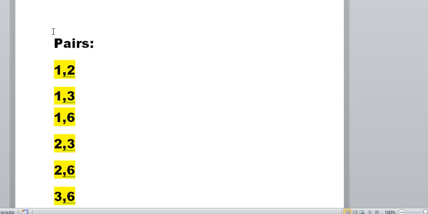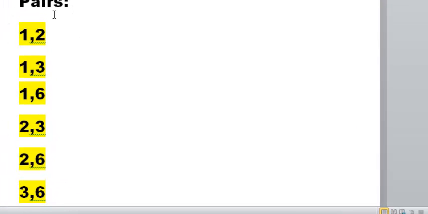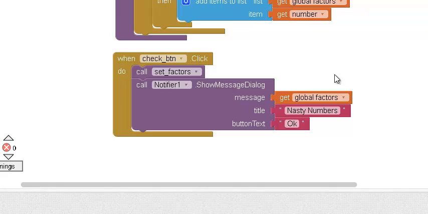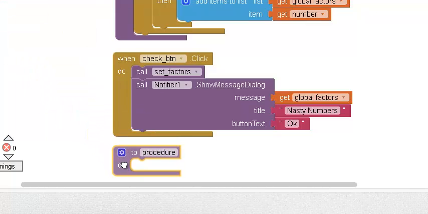Now we are going to populate our pairs list with all these pairs. So to do that, again, I'm going to introduce a new procedure. My procedure is going to just change the pairs list, so I don't need to return anything because pairs is a global variable. So I can change it without returning anything. I'm going to call it set